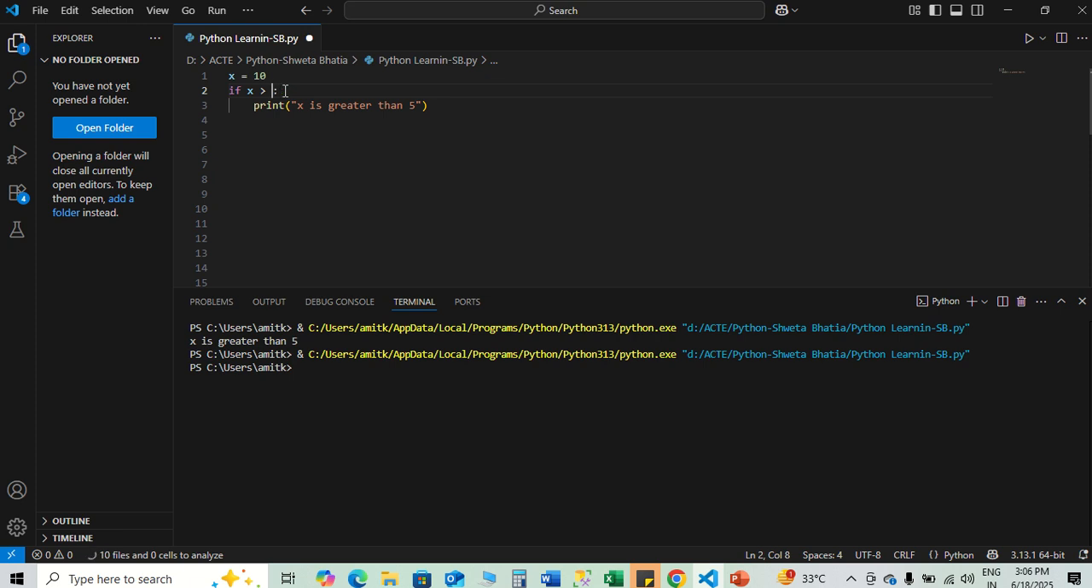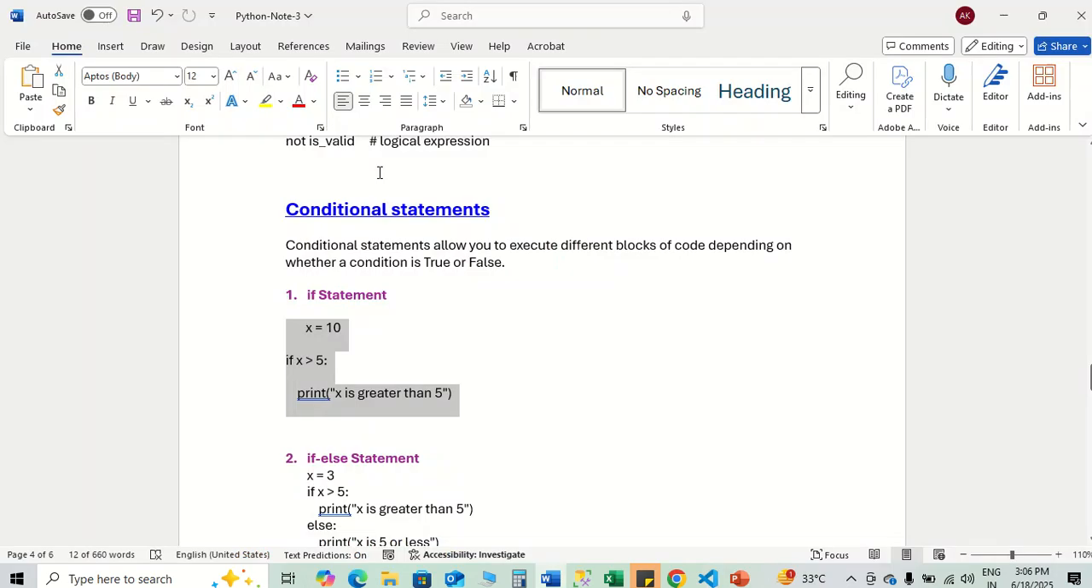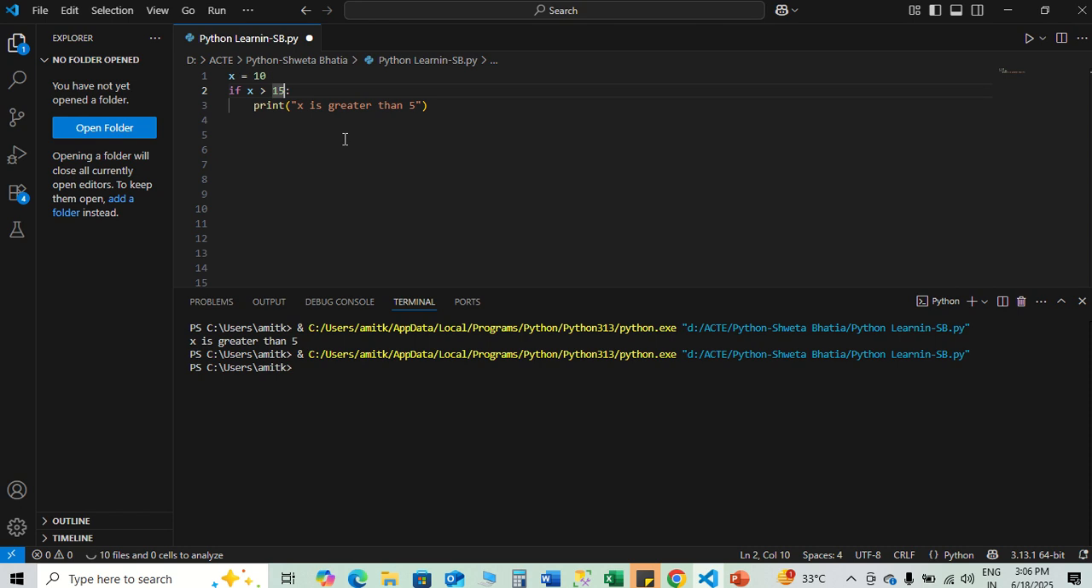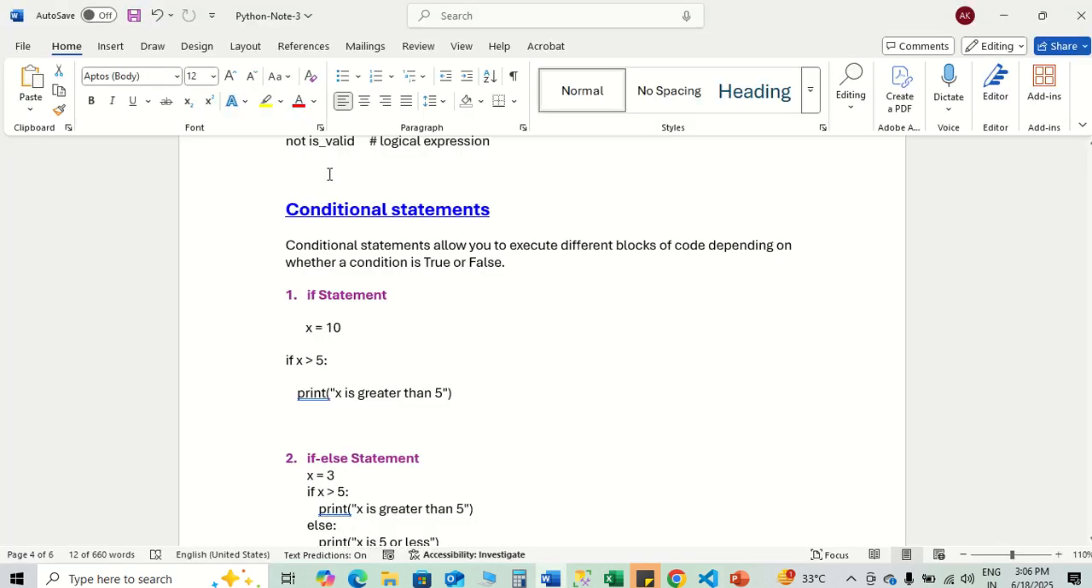Let's suppose I put 6. Now this is valid. If x is greater than 6, print this, otherwise don't print anything. For this we have another option. Let's suppose I put 15, it's not giving any result, correct? But if I put anything less than 10, it will give the result. For the other case, we have another option called